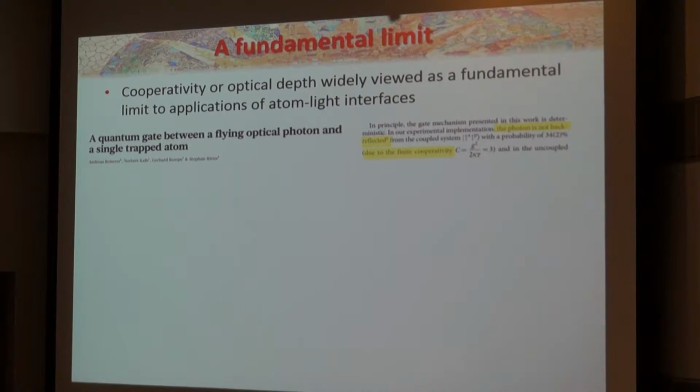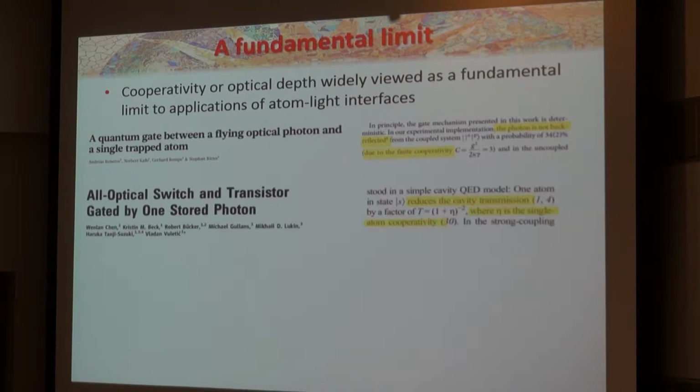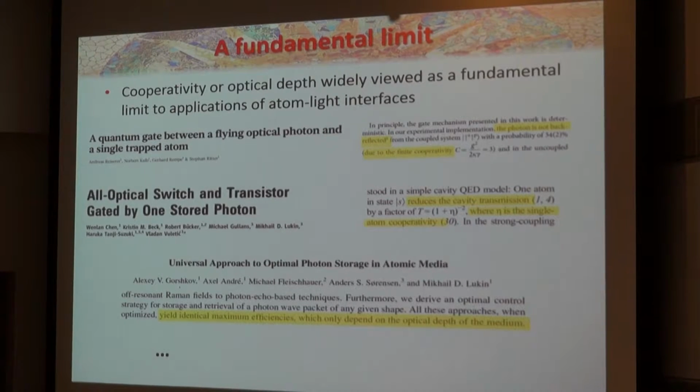Okay, so cooperativity, or 1 over that, gives you the error. You can take a kind of similar system of an atom in a cavity and create some kind of single photon transistor. Again, in principle, it should work perfectly, except you have a finite cooperativity, which gives you the error. And then, instead of having cavities, you can consider atomic ensembles. Alexei has this really nice result.